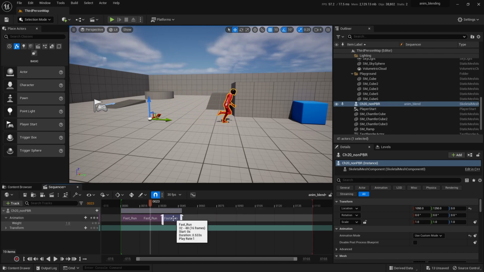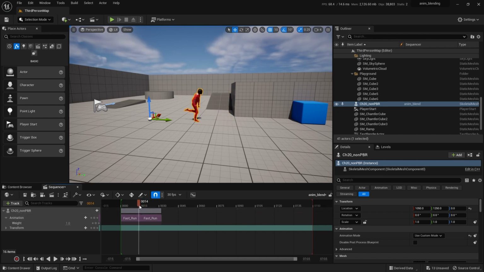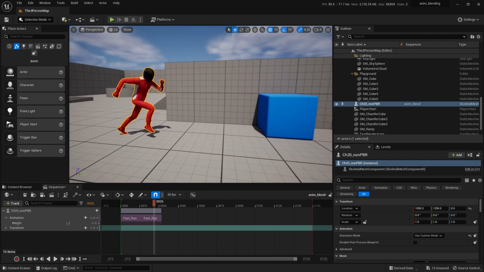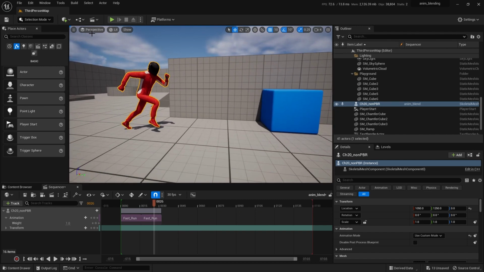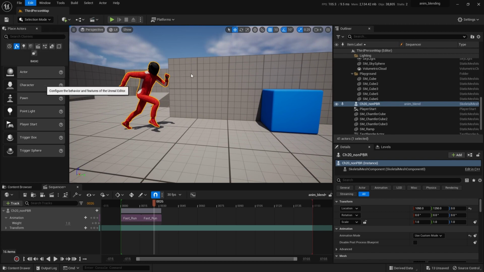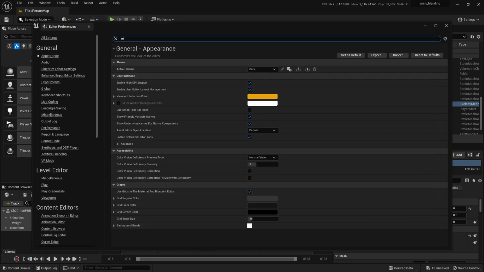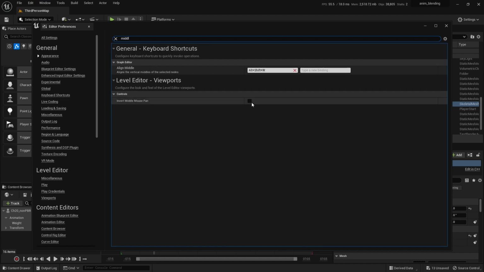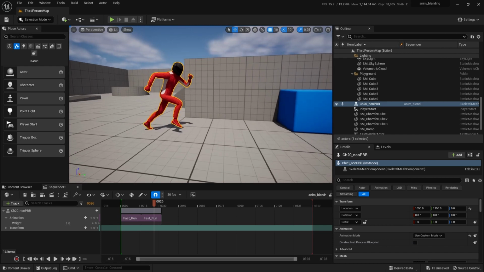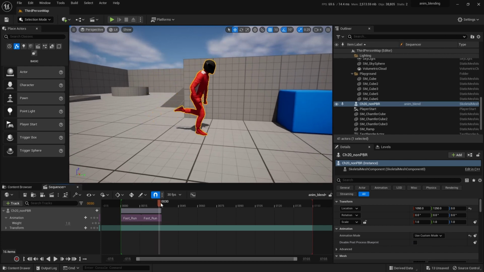So I'm going to delete that second one there, and this is where I'm going to attach my next animation of the tumble. I haven't set my middle mouse yet. Let's do that because it'll drive me crazy otherwise. Editor preferences, type middle, and check that box. All right, much better. Okay, so let's go to the end here.